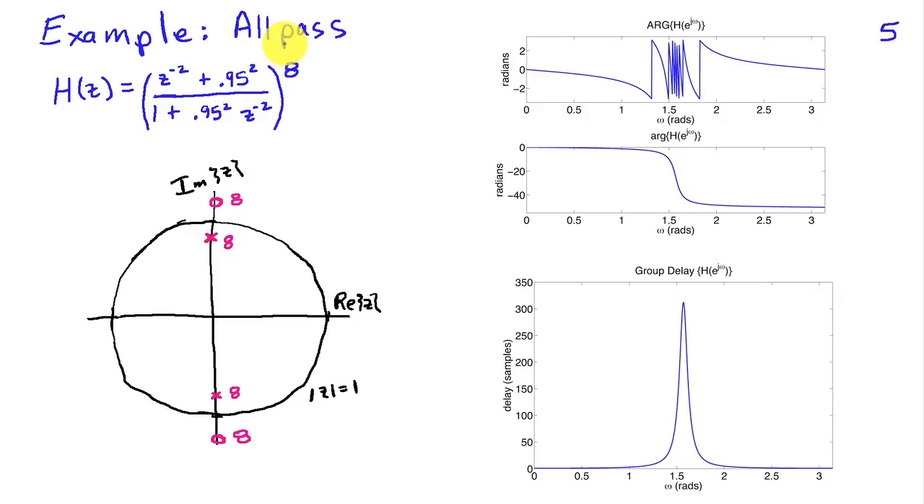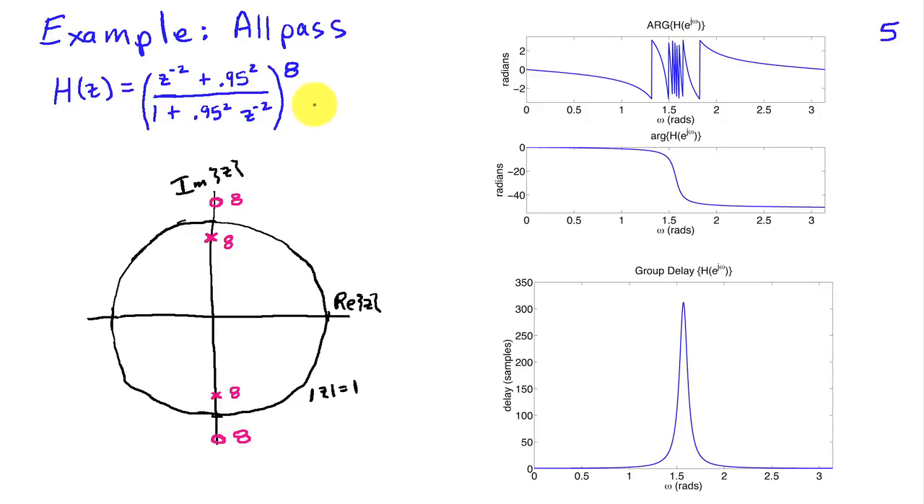And I've chosen an all-pass system that has 8 poles at 0.95 j on the imaginary axis, and similarly 8 poles at minus j 0.95, and then it has 8 zeros at 1 over 0.95 times j and minus 1 over 0.95 times j. And because these poles and zeros occur in conjugate reciprocal pairs, we know that the magnitude response of this system is 1. So this system will introduce no change to the magnitude of the